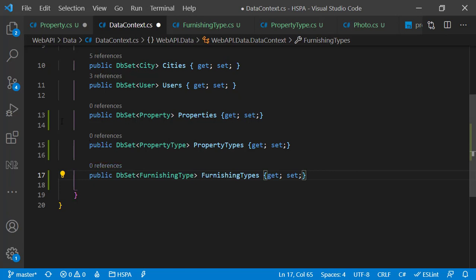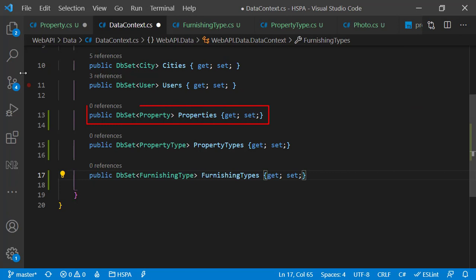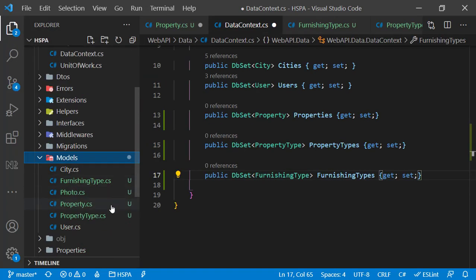Well, the reason for not adding a Photo entity here is that we do not need to access photos independently in our application. We will always access the photos using the Photos navigation property that we have defined in the Property entity, and that we already have defined here as DbSet. That is why we do not need to add photos here in the DbSet. But as we have taken photos as a navigation property in the Property class, Entity Framework will create the table for that entity in the database even if we do not add it here in the DbSet. We are ready for migration, but let's review the entities to ensure we have not missed anything.